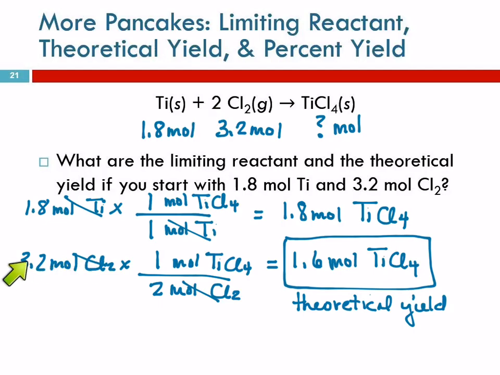Okay, so this is our theoretical yield, and we look back and see which reactant gave us the smallest number. That's the limiting reactant. We'll circle it down there, or circle it up here, and draw an arrow and call it LR, limiting reactant. Indicate to me somehow that you're choosing that as the limiting reactant. On an exam, you'll have to pick a letter, A, B, C, D, E. Any questions?